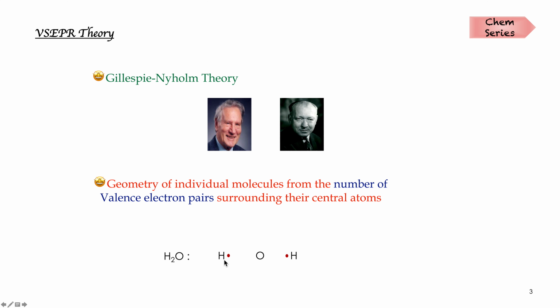the hydrogen atom has 1 valence electron as we saw before, and oxygen has 6 valence electrons. For a bond formation we need 2 electrons, so 1 from the hydrogen and 1 from the oxygen combine to form a bond. The remaining valence electrons which are not involved in the bond formation are called lone pairs of electrons. This water molecule is bent in shape and the oxygen contains 2 lone pairs which do not get involved in bond formation.